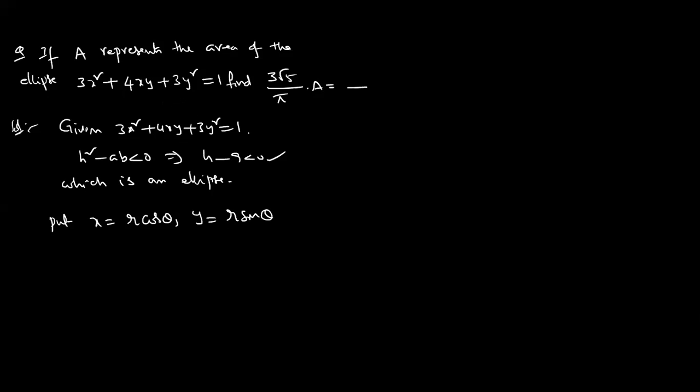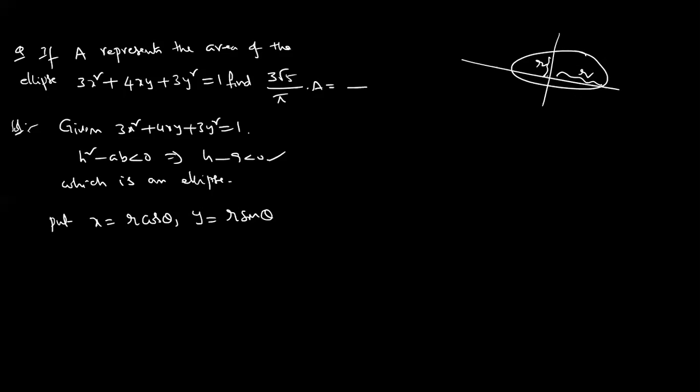When is it possible, anyone? Major axis is equal to minor axis. When A is equal to B, beautiful, correct. Sadhguru responded immediately. Good, alert, beautiful. Now what I'm doing here, the logic is that here r is nothing but radius. So there are two cases, dear students. This is the r, this one is also r, but this is the maximum radius and this is the minimum radius coming.